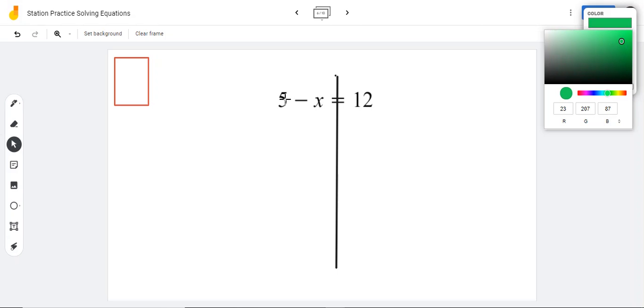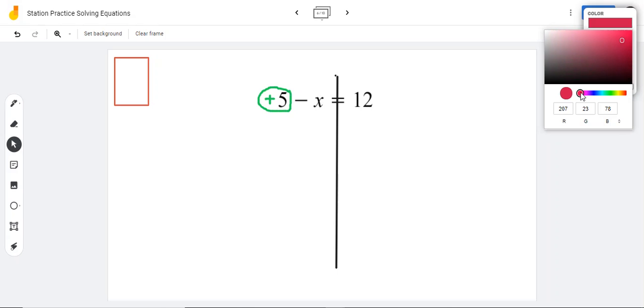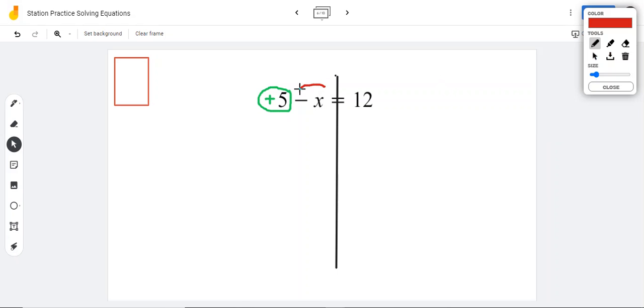And remember, it's not a minus 5. This negative belongs at the x. The sign is always in front. So since it's at the front, this is actually a plus 5. So that's the first kind of tricky part. And then you'll notice that this negative sign is hanging out here with the n, or with the x with